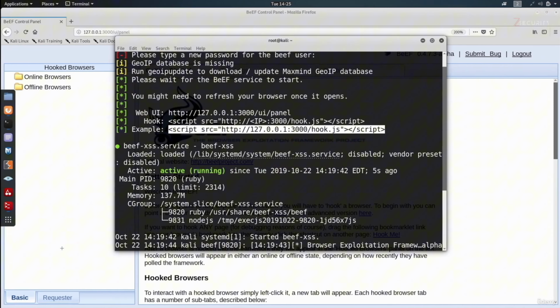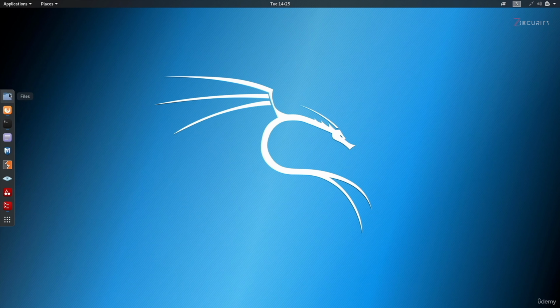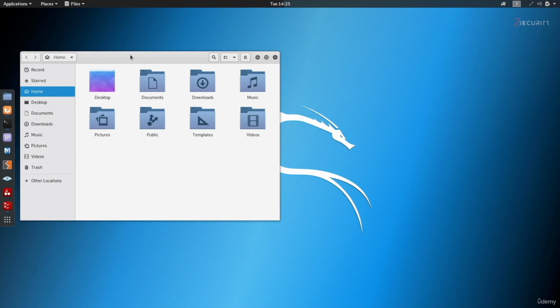So let's go back to BeEF, and like I said, this is the code that we want our target browsers to load or execute. So I'm going to copy it, and I'm going to go and open my file manager, and I want to go to my web root. So you can either press Ctrl+L from your keyboard or click in here at the path bar and just press the /. This will open a path text box where you can type the path that you want to go to, and I want to go to var